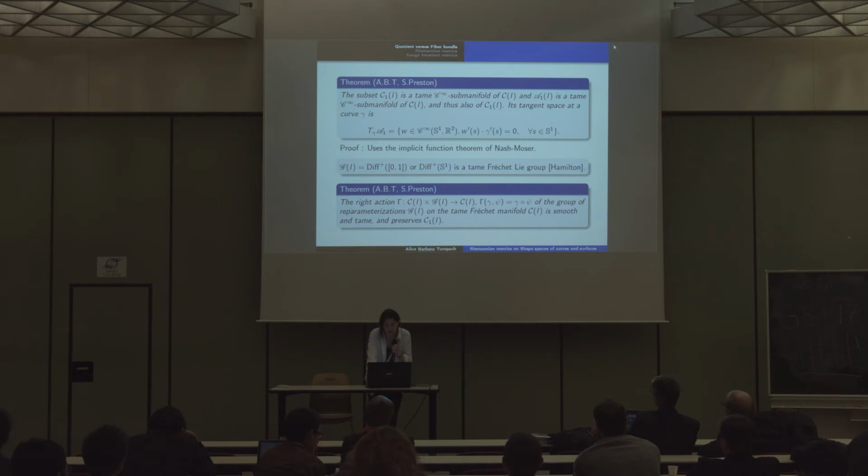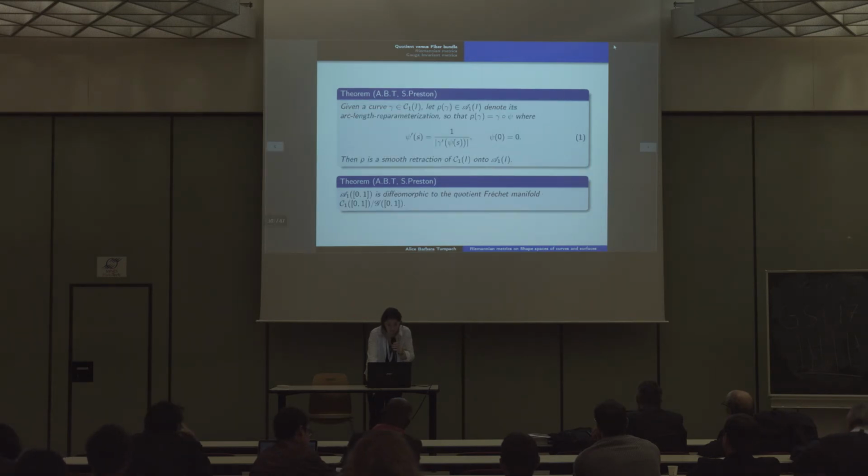This was already proved in the Hamilton paper. And you make it act by reparametrization on the space of curves, and this action is tame and a nice Fréchet action. So now, if you take a curve and you